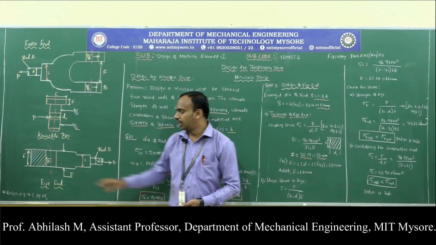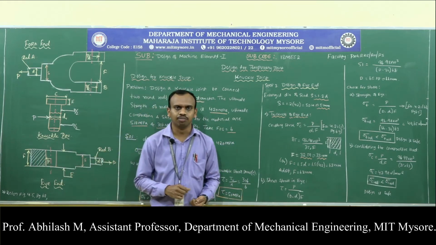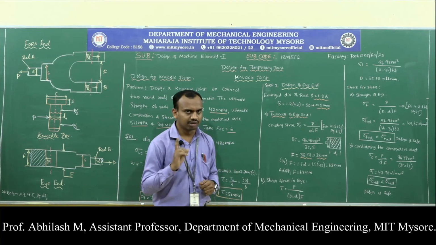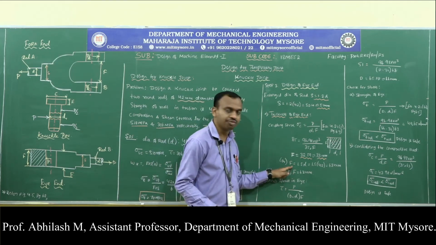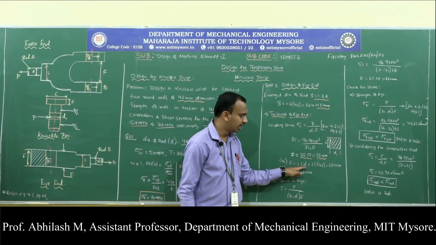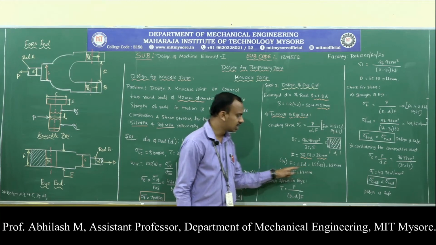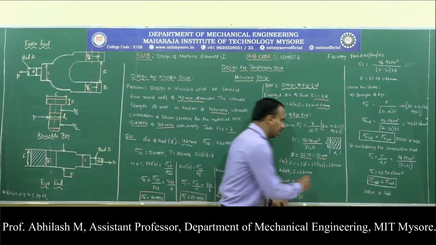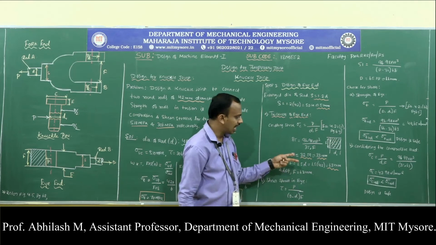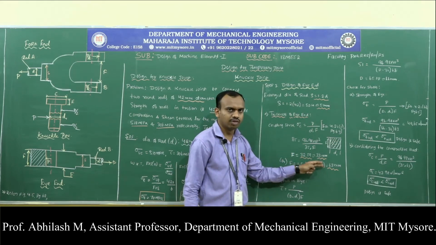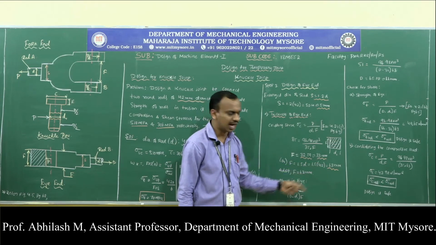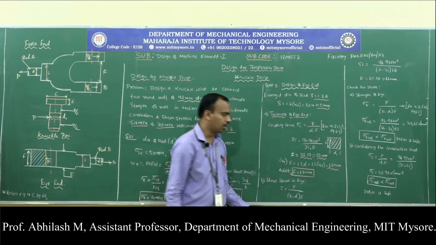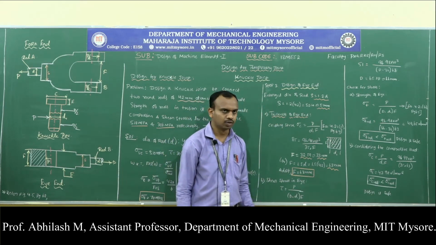As I said, the dimensions can also be obtained with the help of the table that has been provided in the data handbook. If I look into that particular table, they have suggested that the thickness value F should be 1.5 times of D, where D is the diameter of the rod. If I do that, I obtain the value of 63 millimeters. Out of the calculated value and the standard value, we are supposed to make use of the bigger value. So I am adopting the F value, the thickness value, to be 63 millimeter.